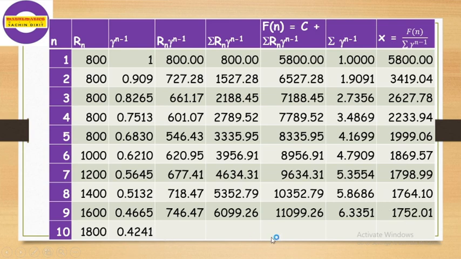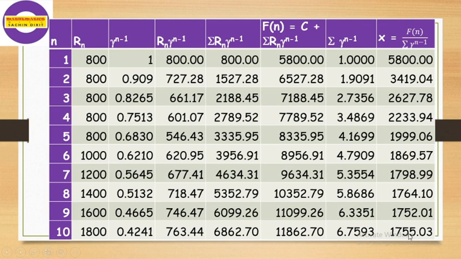So we calculate the values corresponding to the 10th year. So we get this value, and if you observe here, this value now starts increasing. Just observe these last two values. For the 9th year it is 1752.01, and for the 10th year 1755.03. Also, if we check these values, this running cost is greater than this 1752. So we replace the machine at the end of the 9th year.